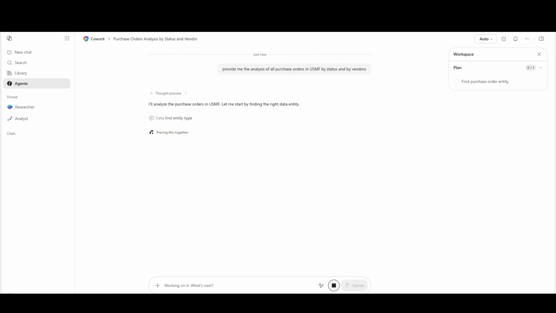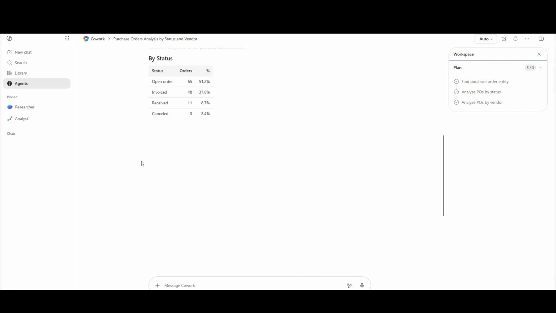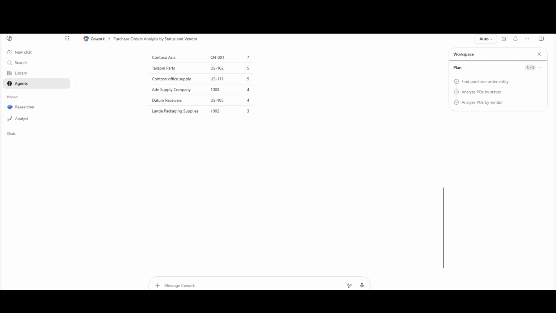Whenever you ask anything to CoWork, it tries to find the data entities or the form or whichever tool is required, but it also creates a plan of the different steps it needs to execute to get the output of the query which you have provided. And with that, it has provided by the status, the open purchase orders, percentage, and then by the vendor and everything. With that, you can do a lot of other analysis